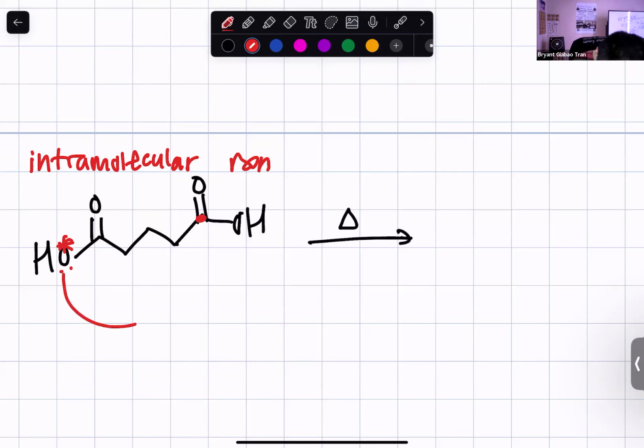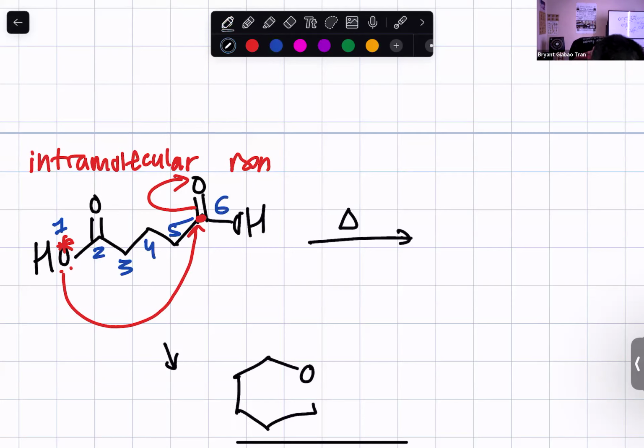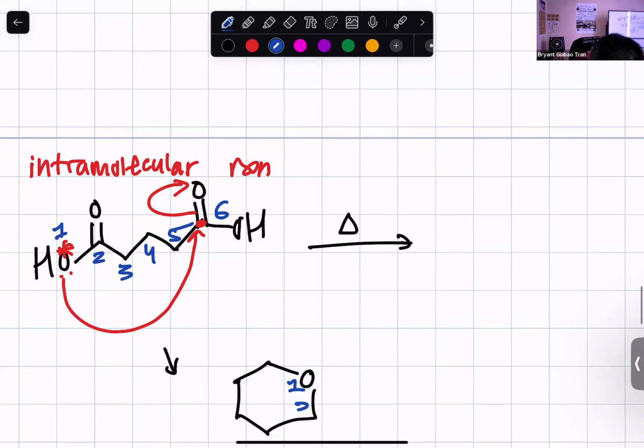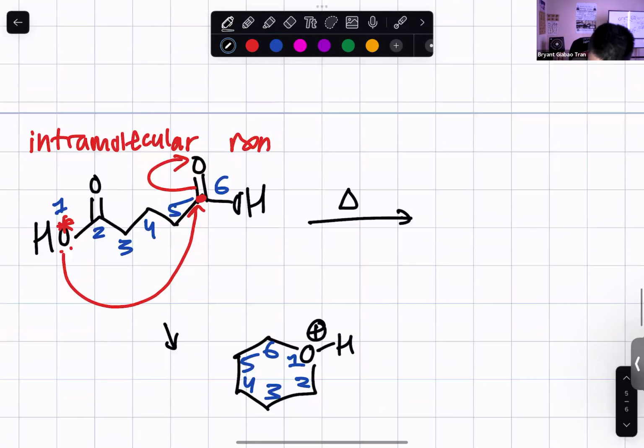This oxygen here is going to attack that carbonyl-carbon, pop the double bond onto the oxygen to form a 1, 2, 3, 4, 5, 6-membered ring, which is going to be this 6-membered ring right here. 1, 2, 3, 4, 5, 6. The atom 1 is still bonded to hydrogen. So that oxygen with 3 bonds has a positive charge. 2 has a carbonyl. 6 has an O minus and an OH,